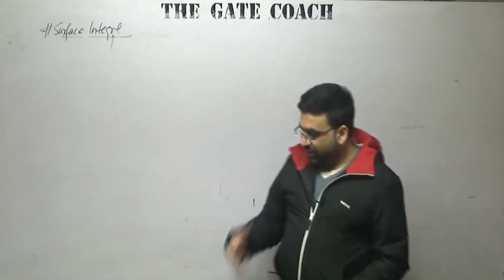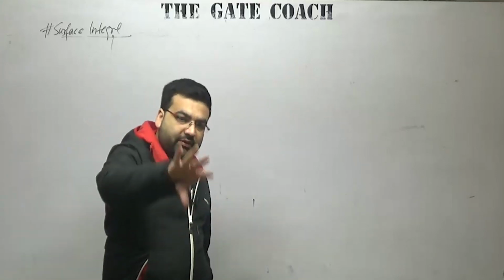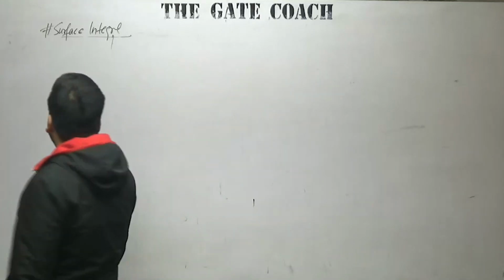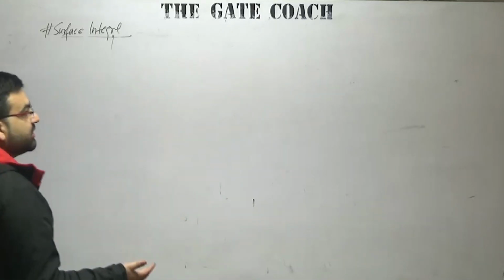So, what do I say? You take my left side projection on this board, right side projection on this board, and you drop a light from the back. You put a screen in front of me, and some projection will appear. You just calculate the projection area of the front, the back, the left and the right. You add all these projection areas and you will get the surface area of my body. That is the basic idea of the surface integral, that is how we calculate it.